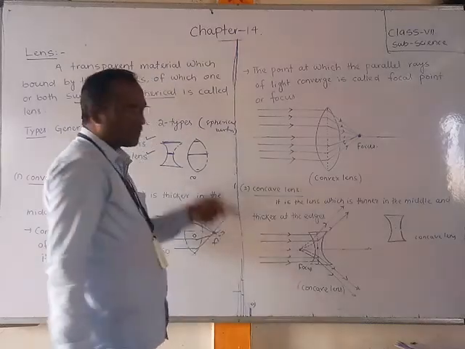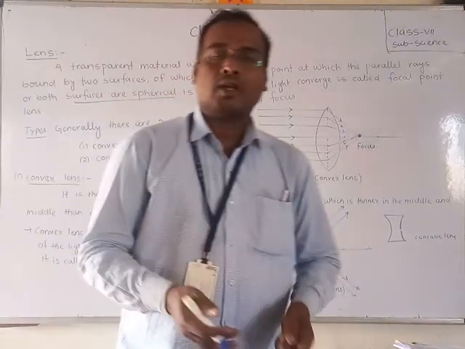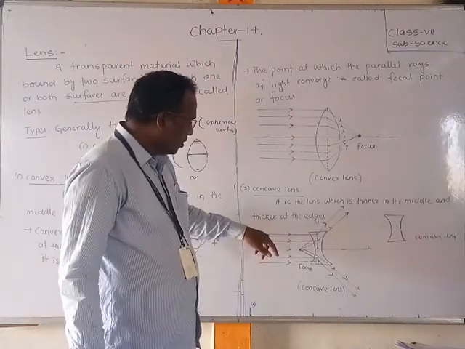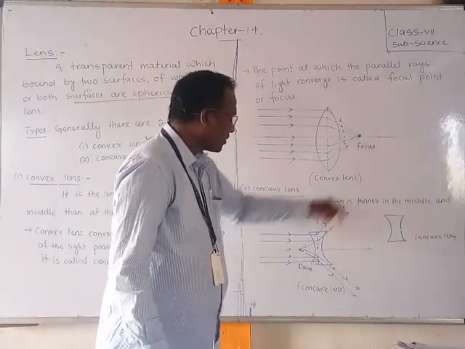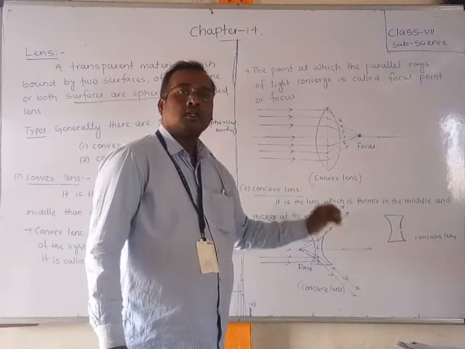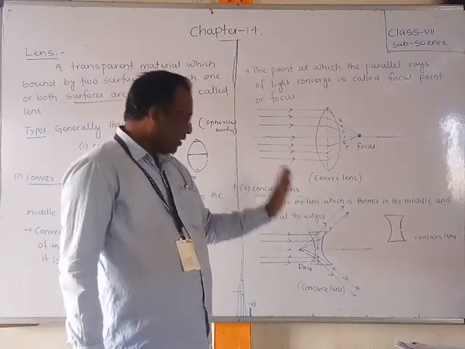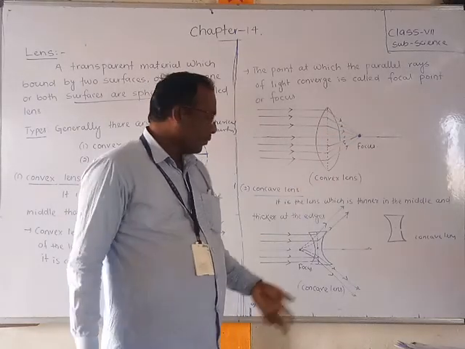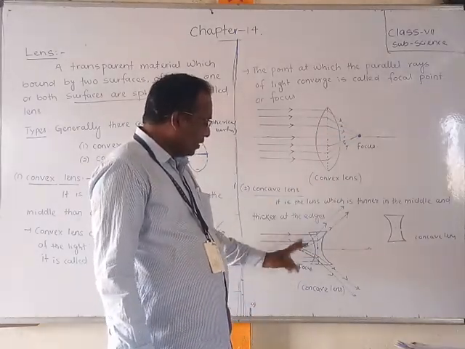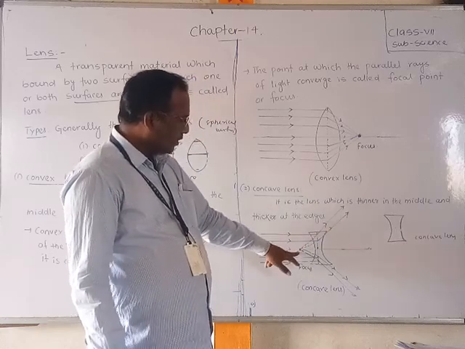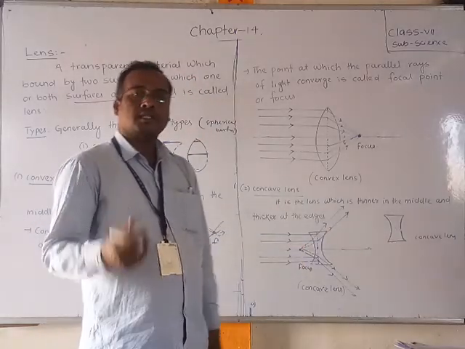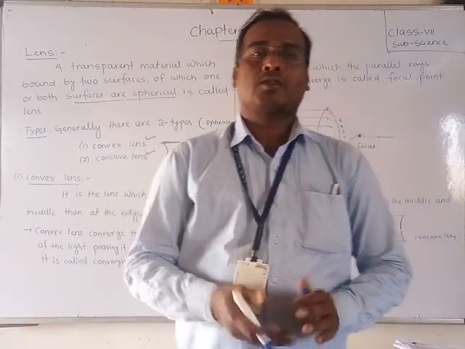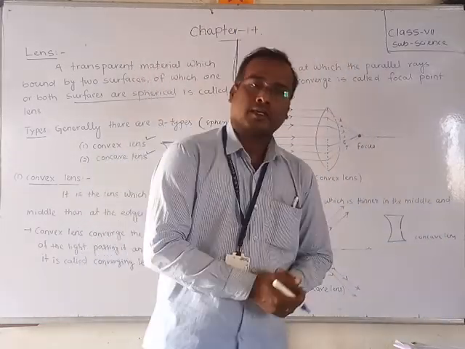I already told you, in the concave lens the light rays diverge. The rays come here and diverge. They are not focusing here. They are not converging on a point. The light rays are going away from that point. So the focus will be drawn back and it will form here, on the same side as the object. So these are the concave lens and the convex lens.